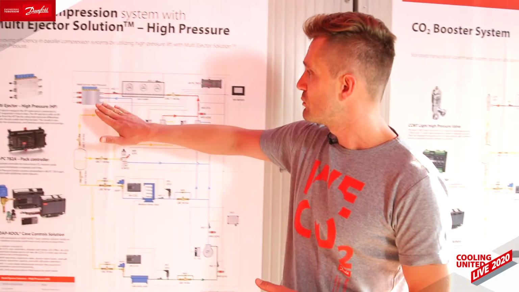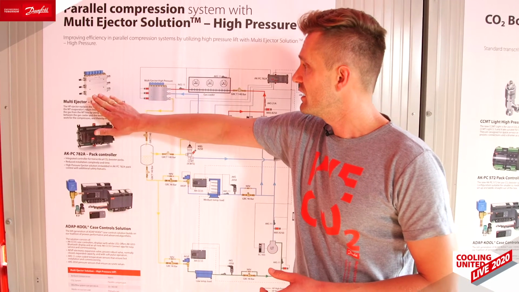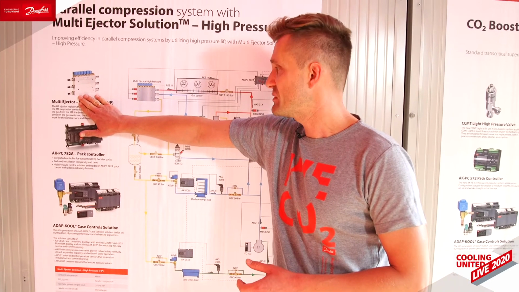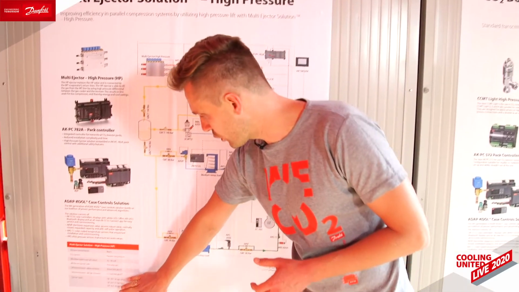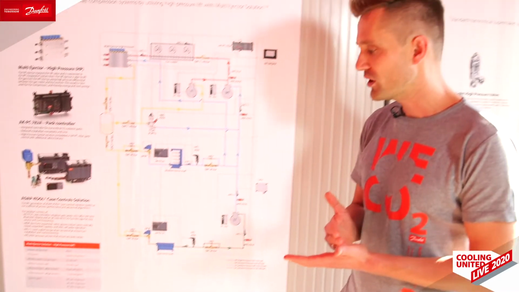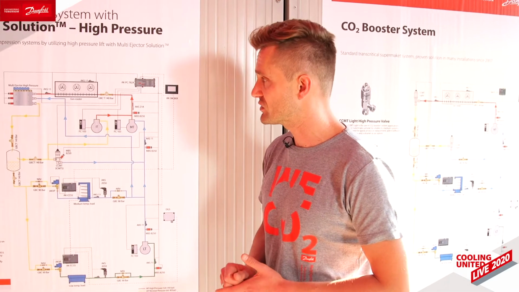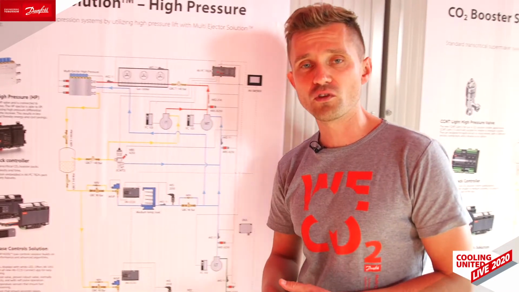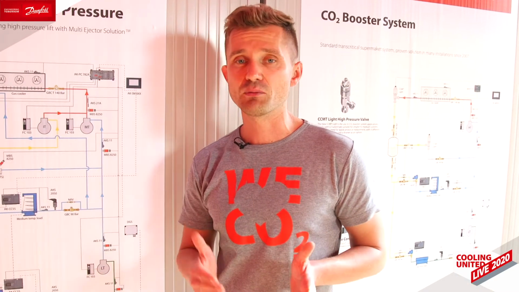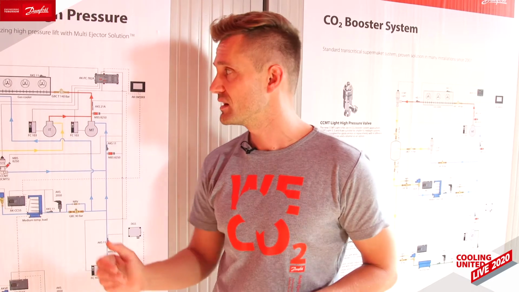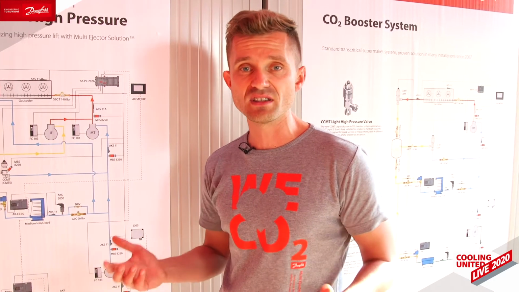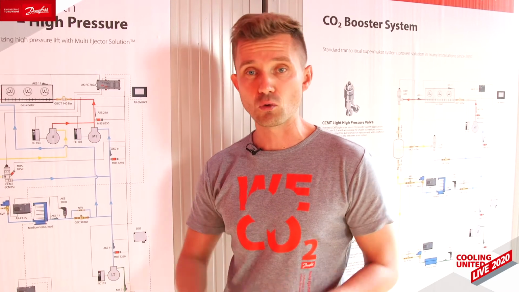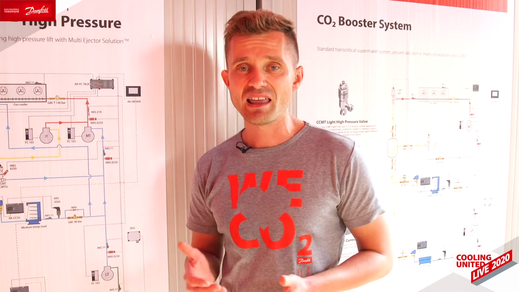When it comes to the multi-ejector, we have one big aluminum block, the CTM6, and there are 3 different code numbers containing from 4 up to 6 individual ejectors. What is very important is that the individual block is able to cover applications from 35 up to 140 kilowatts. And in case you need to increase the capacity, you can simply connect up to 4 blocks in parallel, and thanks to that, you can serve bigger systems as well.